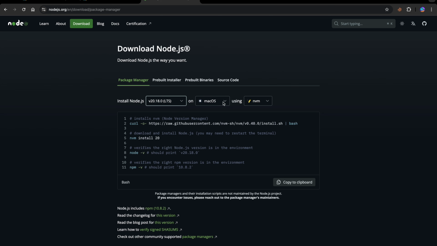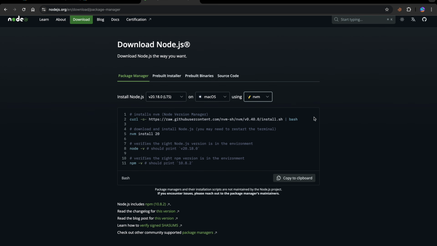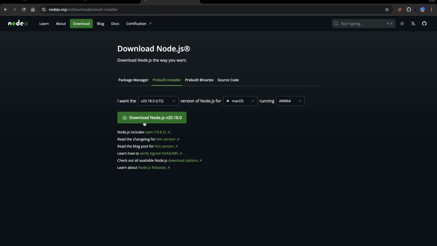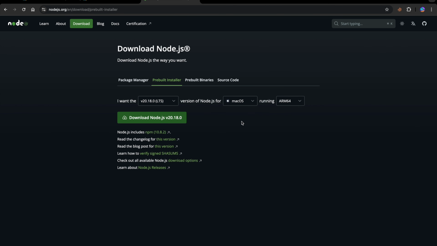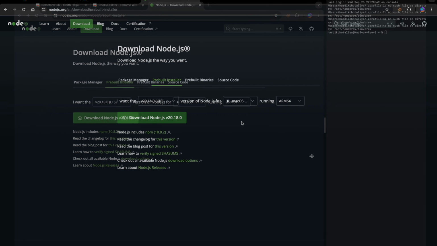And for the MacBook, whatever platform you have, I have a MacBook, we will use NVM as the package manager, right? So just download it, or you can use the pre-built installer. Just download it and it will be saved in your directory, then double click it, and it is just click and go.